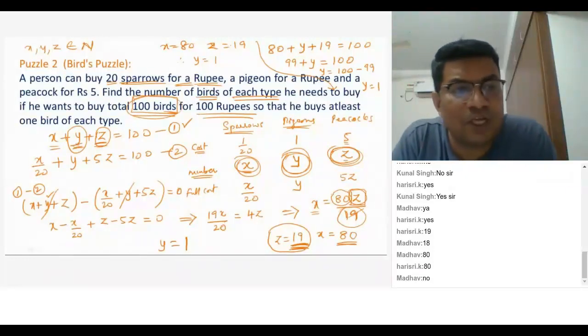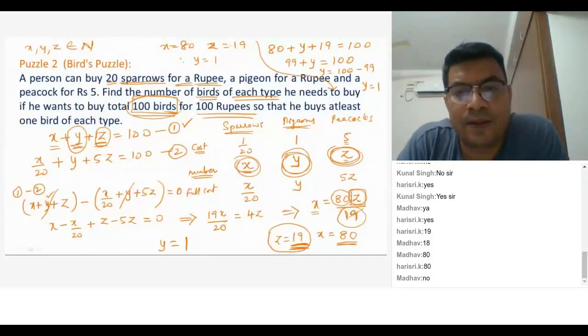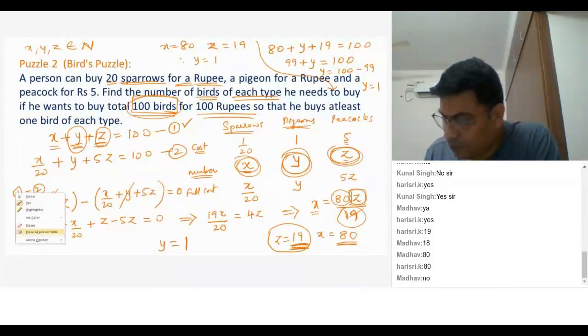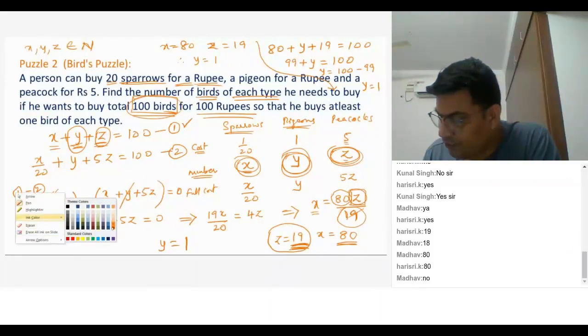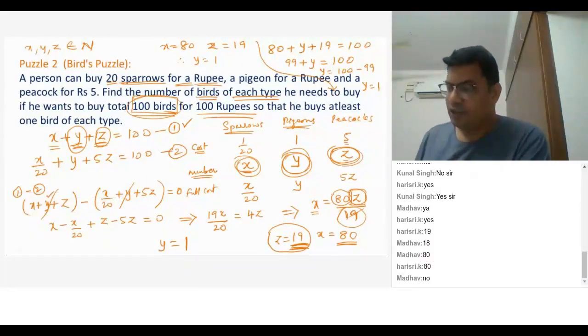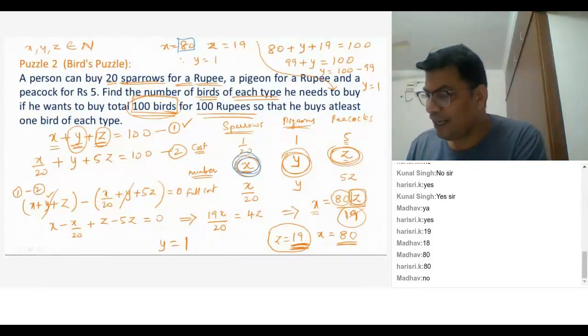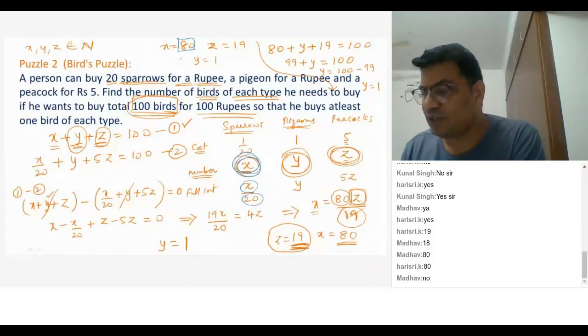If you want, you can cross verify. You want to verify? I'll verify it for you. Okay, let me take a different color to verify. So what is the answer? x is 80. What is 80? That is the number of sparrows, 80 sparrows at 1 by 20 each. So 80 into 1 by 20, x by 20 is the cost. That means 80 by 20, 4 rupees will be the cost of sparrows, plus